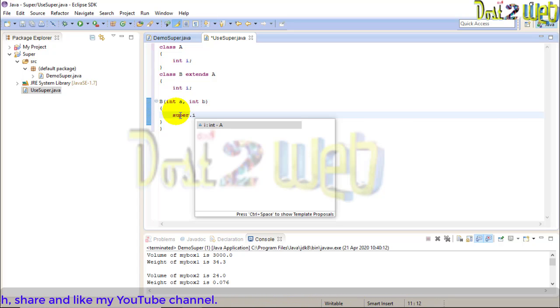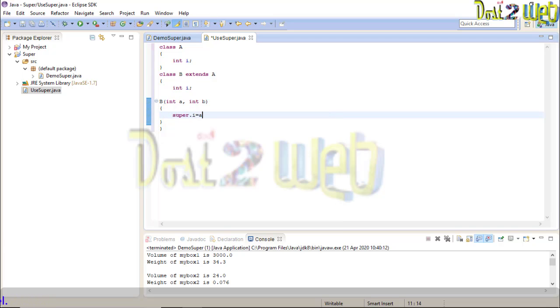see, it automatically checks, int a, that is in class A, i is an integer in class A, is equal to, so I am passing the reference as a. Okay.